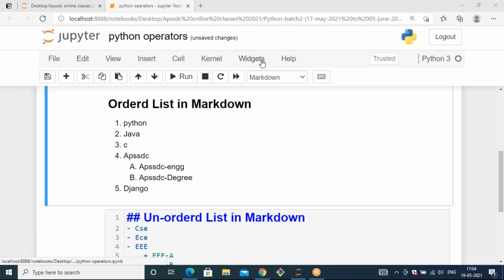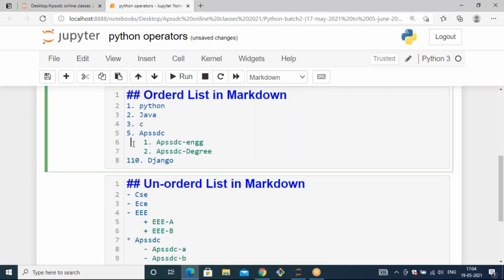If you are not getting the output line by line, try to check the syntax once. It is like this. While creating a sublist, you need to pass a tab space. You just click the Tab key on your keyboard while typing this, so that you will get the correct format. Otherwise, it will just generate it like a single line of code.